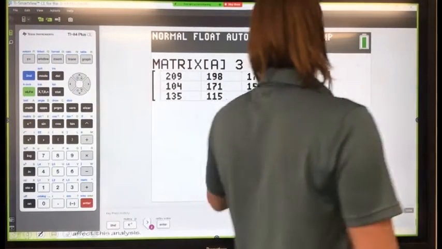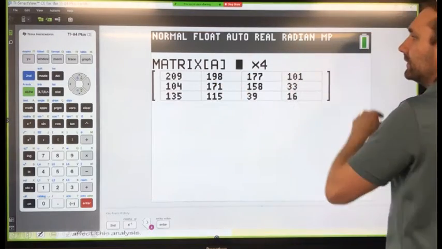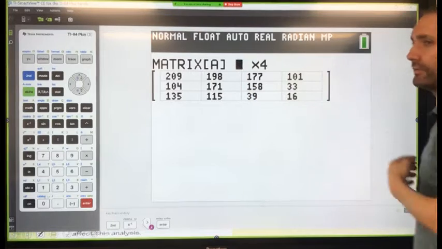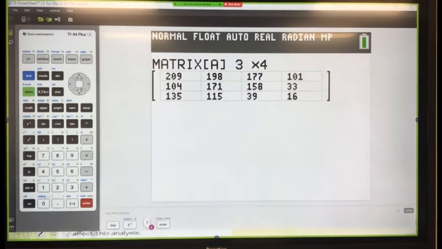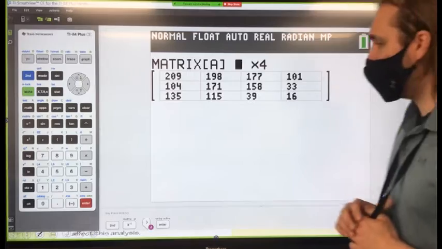First thing you want to enter is the dimensions. It is a 3 by 4. So this is my rows, this is my columns. So type in 3 by 4. And make sure yours is entered correctly. I know I got a software update, so. Once you have that in the matrix,